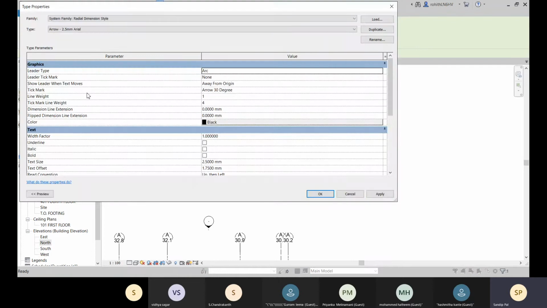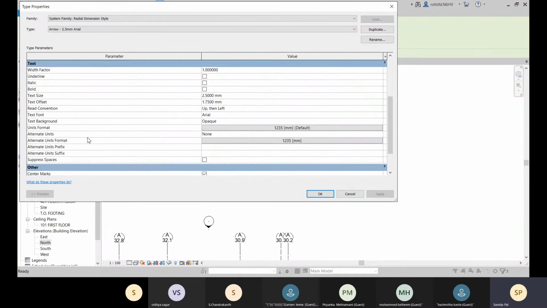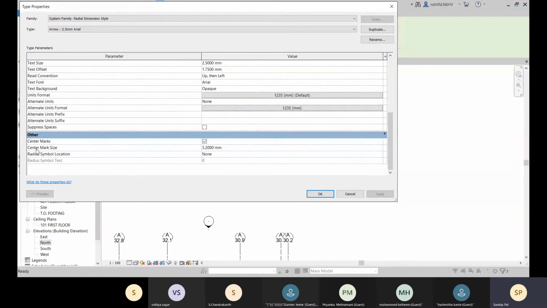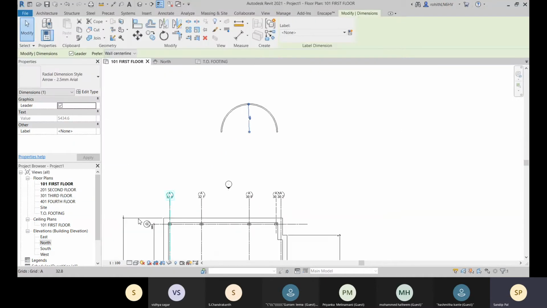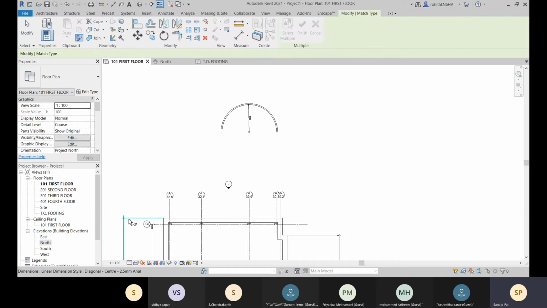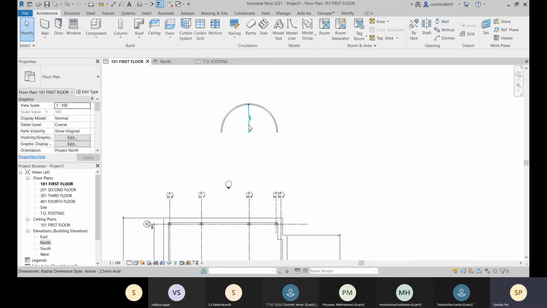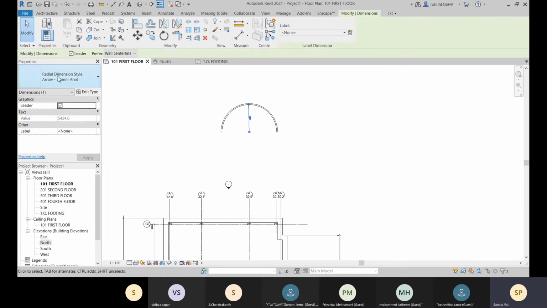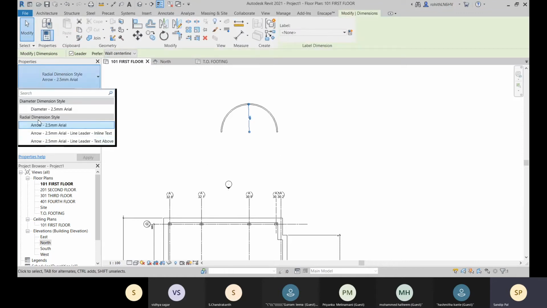so if you go to this type, there you can see this center mark is there and center mark size is there, so you can match with this one. So let's go for MA and let's select this, and let's go for this one. Okay, so this is specifically for this one.